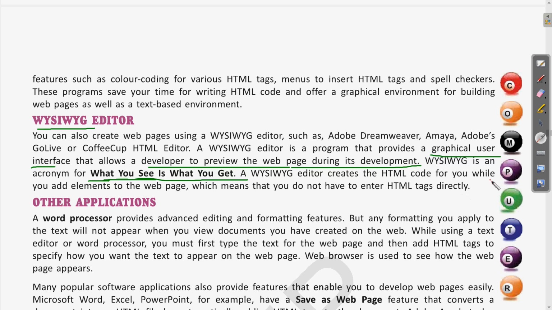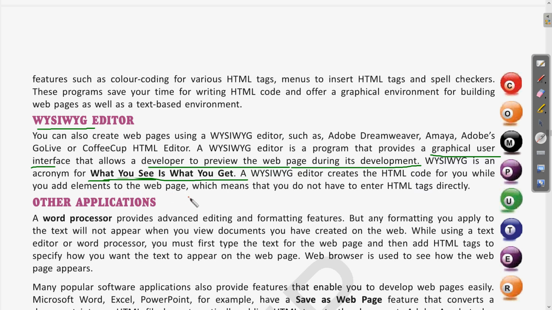Clear? As we have seen in the example, it is not necessary that all of the web page development should be written in HTML code only. Rather, we have different elements. For example, if you want to use a radio button, a menu, or some tabs, we have predefined elements directly.